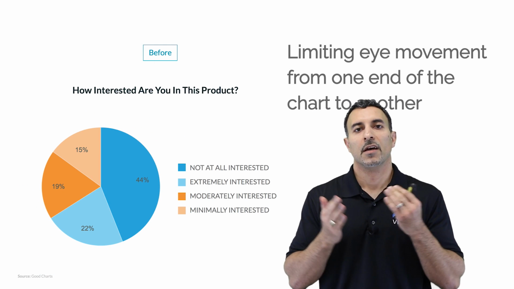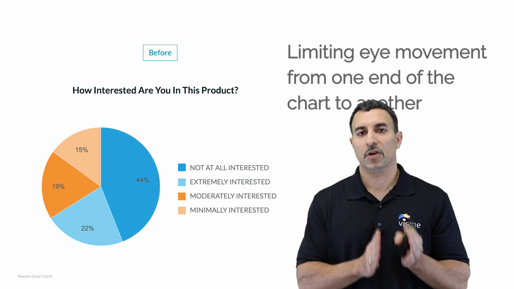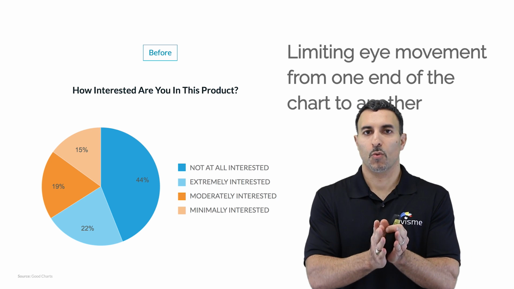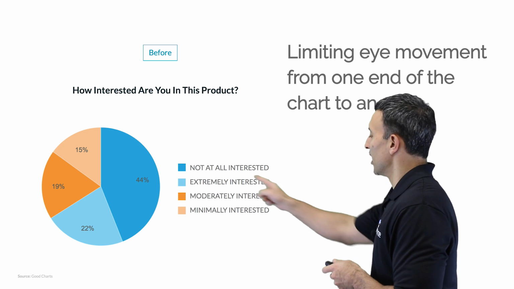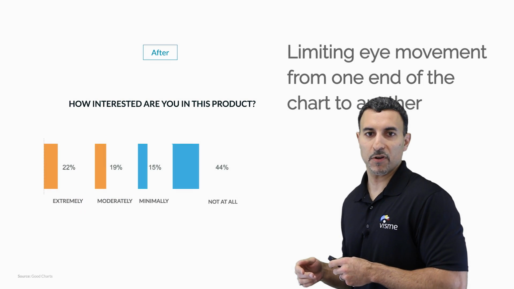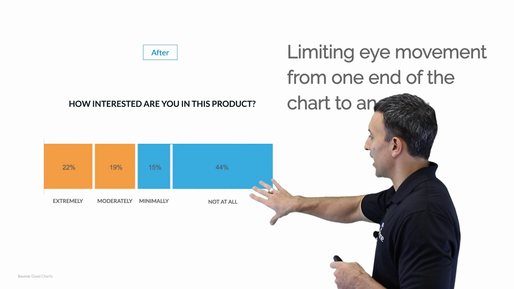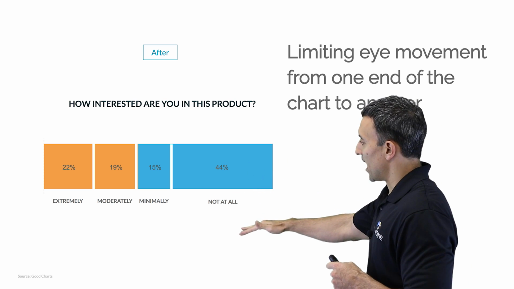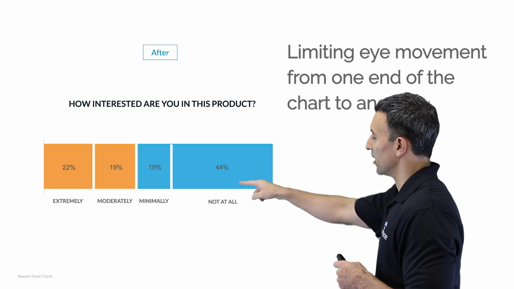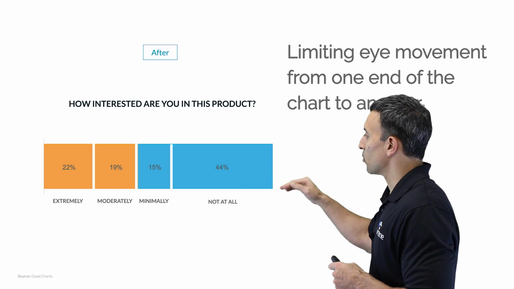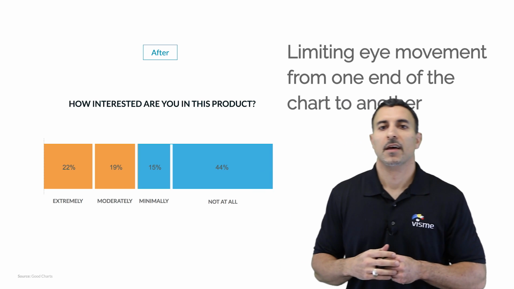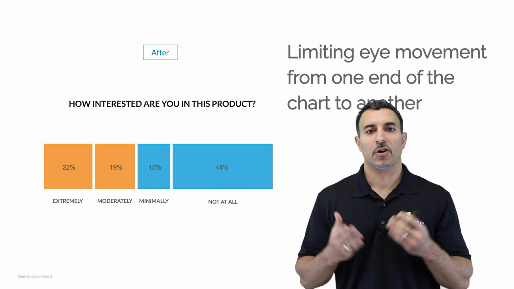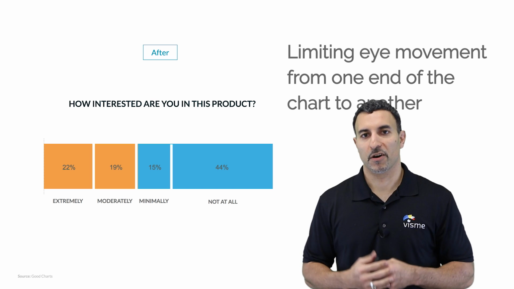Also, another one is to eliminate legends when possible. Legends are okay, but if you can, eliminate them. Because what you're doing is allowing the user to focus on one element versus going back and forth between them. Here's an example that's been cleaned up. It's gone from a pie chart to a bar chart format. And if you look at it, you have taken the legend out, and we have the percentages clearly shown over the colored areas. So you're limiting the eye movement from one end of the chart to the other. What you've done is also label the segments, the lines, or the bars directly.